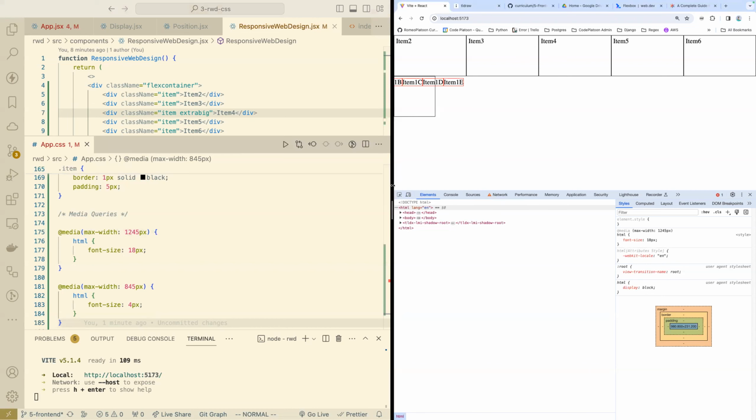So this is a very dramatic example, but when the screen gets smaller, so this says up to a width of 845 pixels, apply this rule. This says up to a width of 1245 pixels, apply this rule. And you can also use min width settings as well,